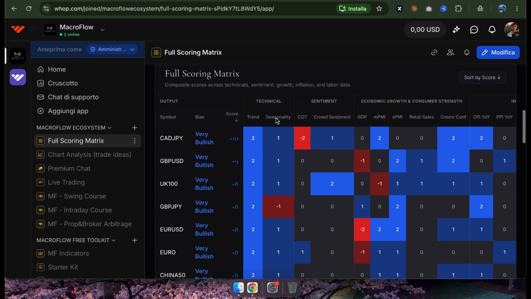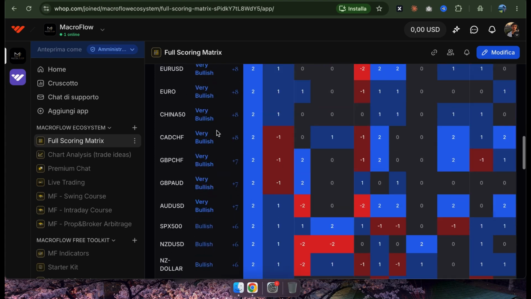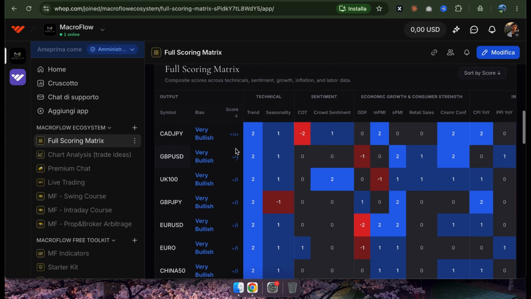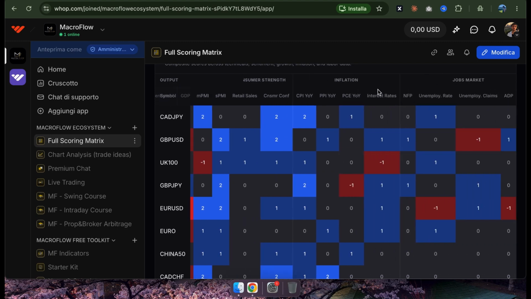And as you can see here, I have a list of all the assets that could be tradable for the following week. This is, for example, the last update of the software. So yeah, we have a score that tells us which direction the asset is likely to have for the following week based on macro and fundamental analysis. So for example, the trend, seasonality, COT report, crowd sentiment, and all the economic growth, inflation, and jobs market